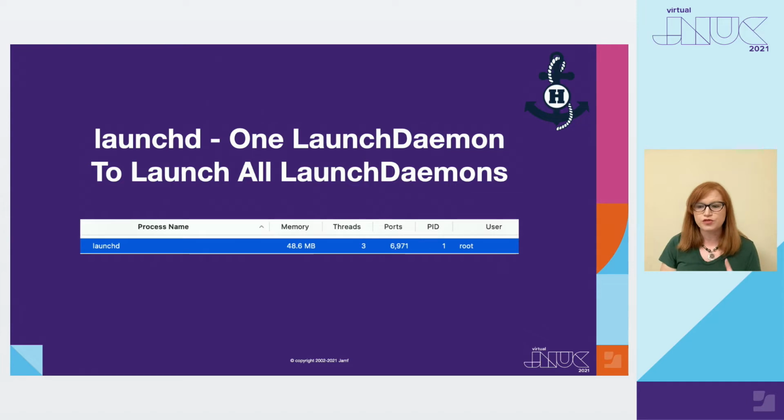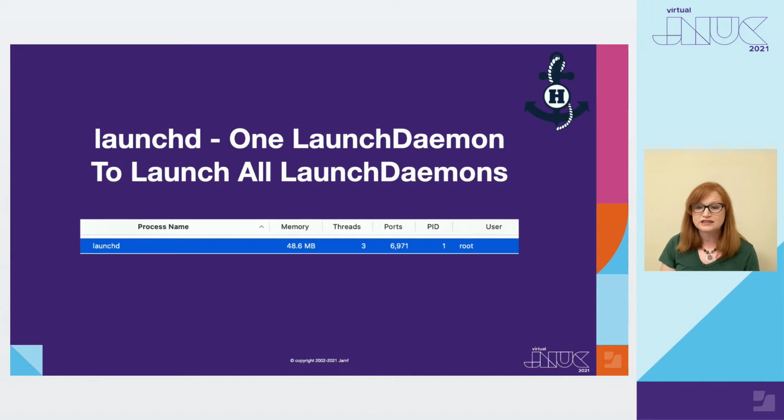So the way that both of these work, launch daemons and launch agents, is through a process called LaunchD. LaunchD is running all the time on your computer. It's one of the first things that your computer does after it boots up, is it starts up this LaunchD process. If you open up Activity Monitor on your computer right now, you'll see LaunchD is running.